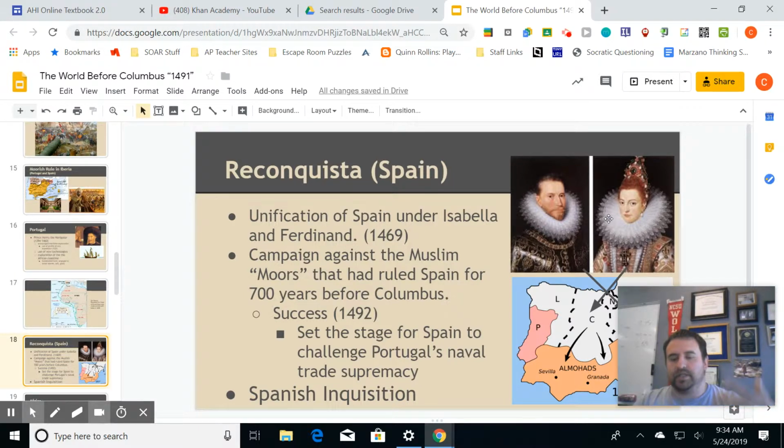That push ends up in Granada in 1492. That year, 1492, pivotal year. Granada falls after many years of siege, right? And now Spain has their country. They have a lot of power because they've now united, and now they're going to get into the exploration game. So that's kind of the context that he's dealing with.